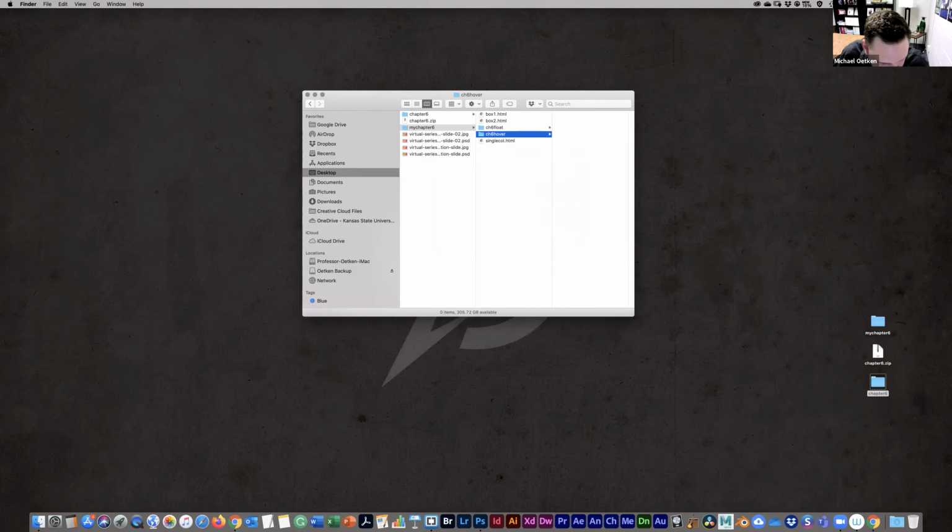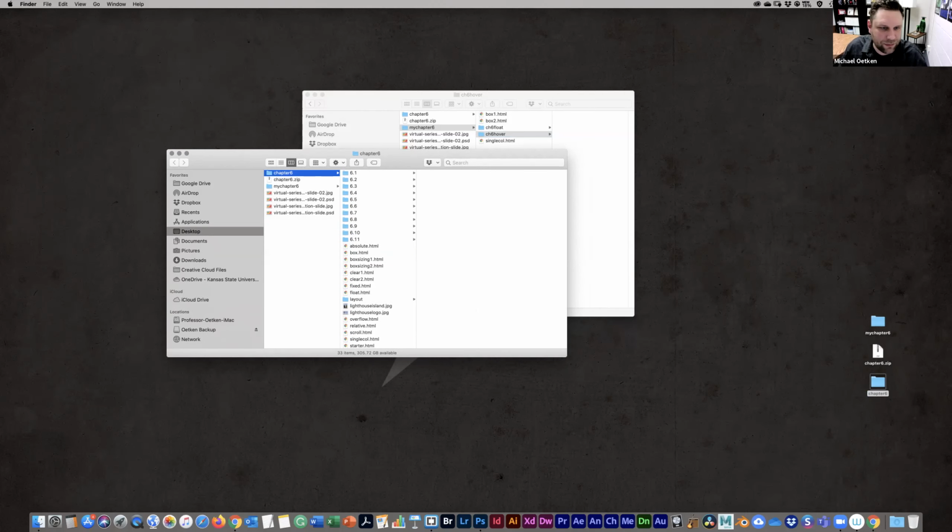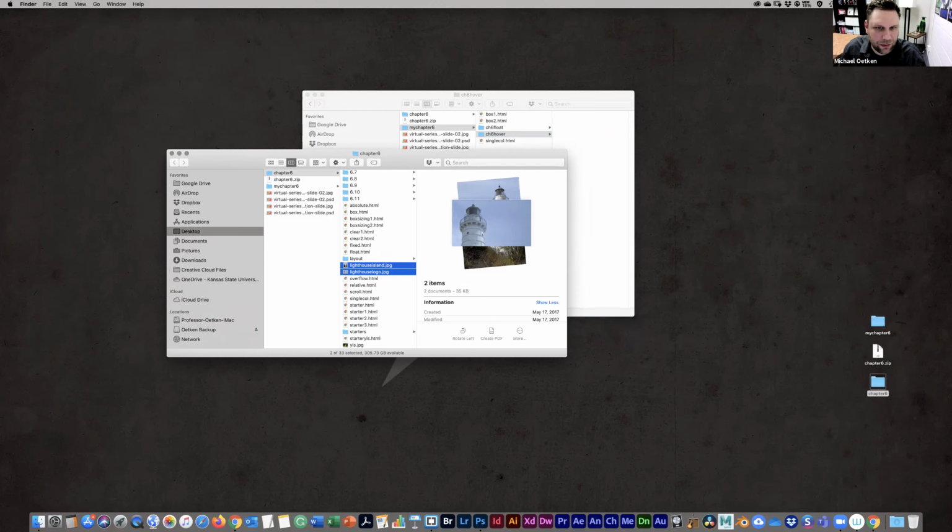And we need to copy some images and a starter file. Okay, so let's open up chapter 6. We need Lighthouse Island JPEG and Lighthouse logo JPEG. Okay, so both of those.